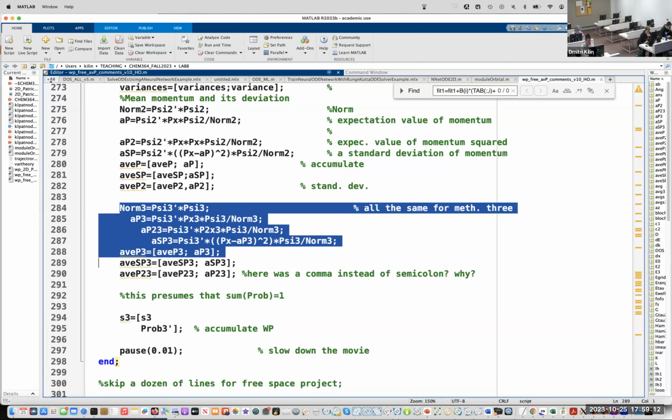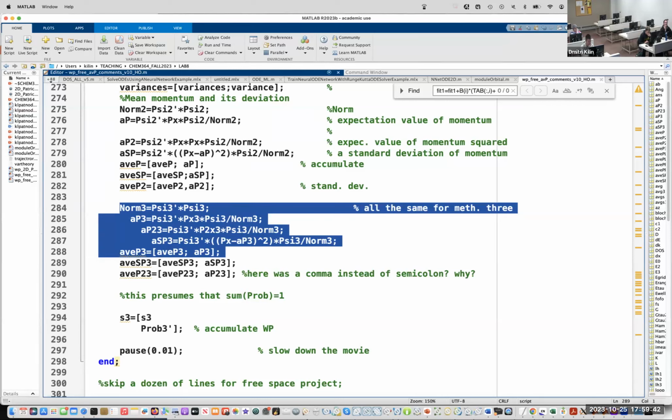There is an attempt to be organized. A lot of people, including myself, are failing in this, but I'm trying my best. So in this colloquial language for this code, method 1 is propagation in momentum space. Method 2 is defining momentum in coordinate space through Fourier transform. And method 3 is what we've got from James many weeks ago.